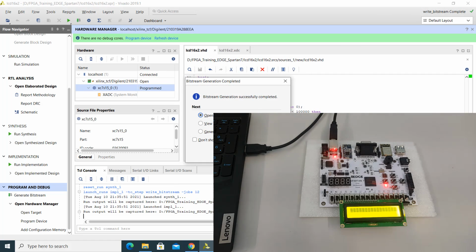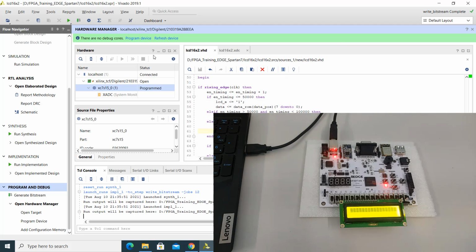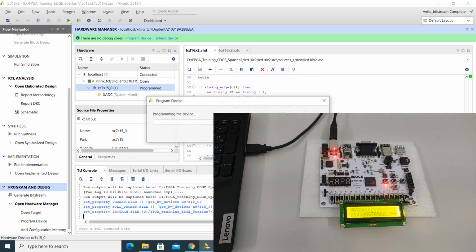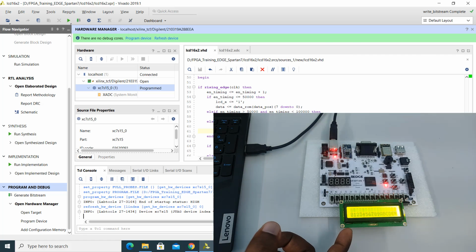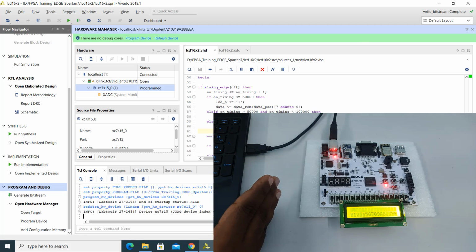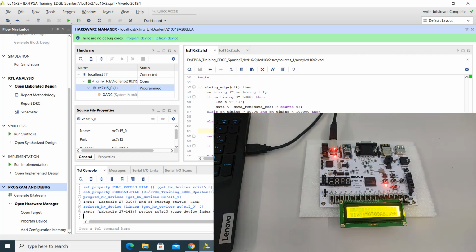Okay, now we have regenerated that bitstream. Let's do the programming. Yeah, now we can see that 16 characters of data are displaying. That is 0, 1, 2, 3, 4, 5, 6, 7, 8, 9, and then A, B, C, D, E, F. So we have those characters displaying on the second row. If you want to display the same characters on the first row, we have to set that control register to 80 instead of C0. If you want to display it on two rows, we have different logic. We will see those things in the next experiment. Thank you.